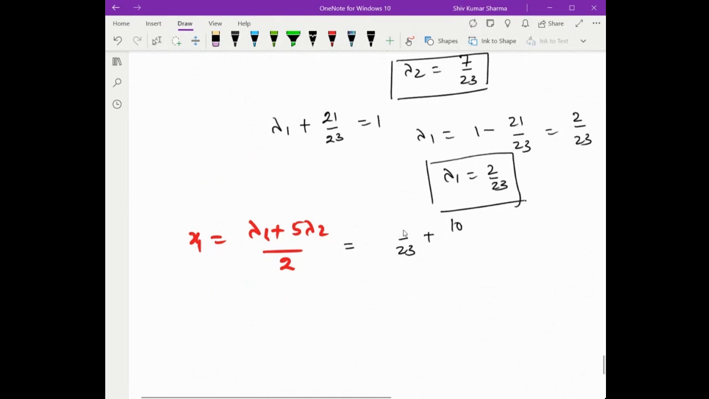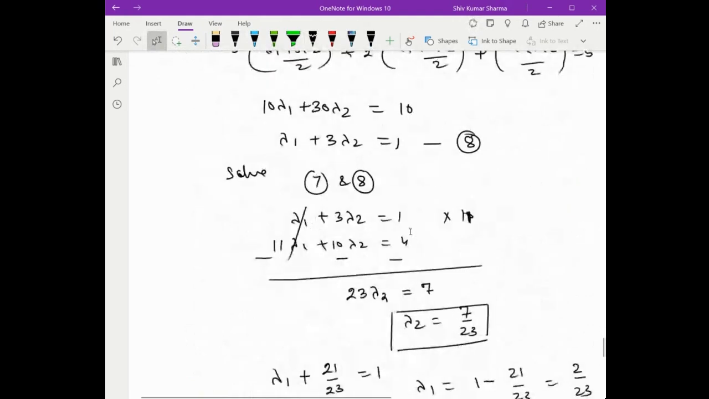Lambda 1 is 2 upon 23 and lambda 2 is 7 upon 23. So 7 5 ja 35, 35 upon 23 upon 2. So this means 23 as LCM 37, 37 upon 46. 23 2 ja 46. So this is the value of x1, and for x2